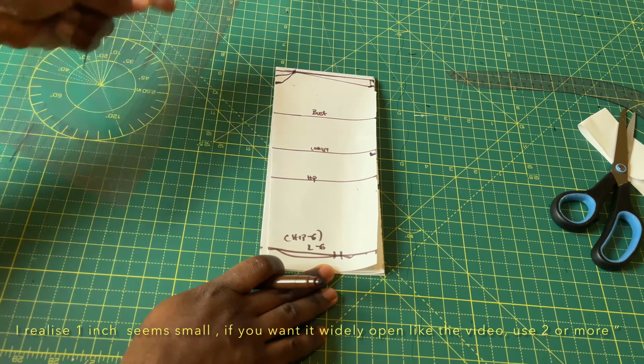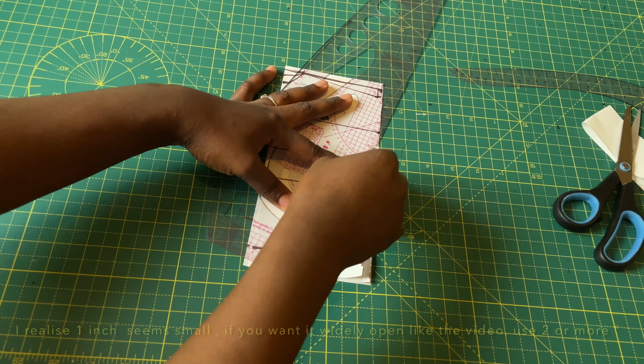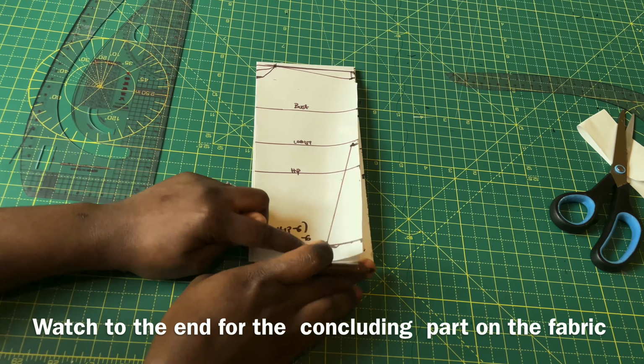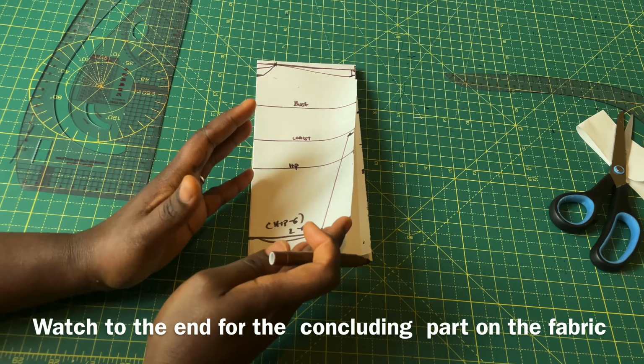For the waistline, we're making use of our waist measurement. That's where the belt passes through. For me, I came down by 1 inch, but I realized that it was too small. So if you can